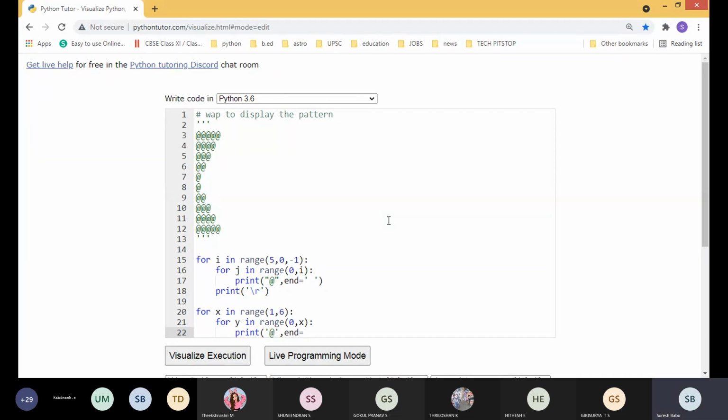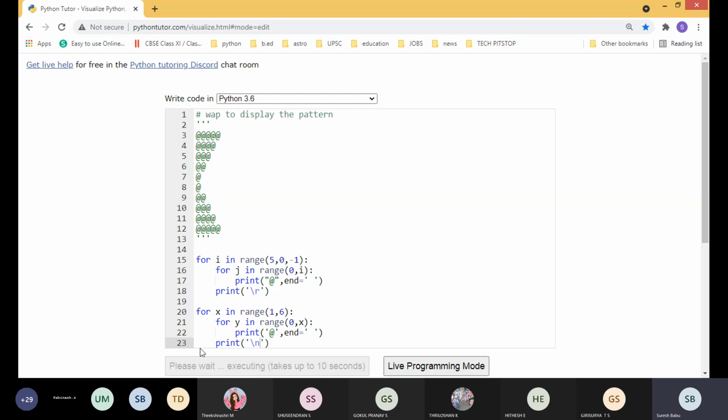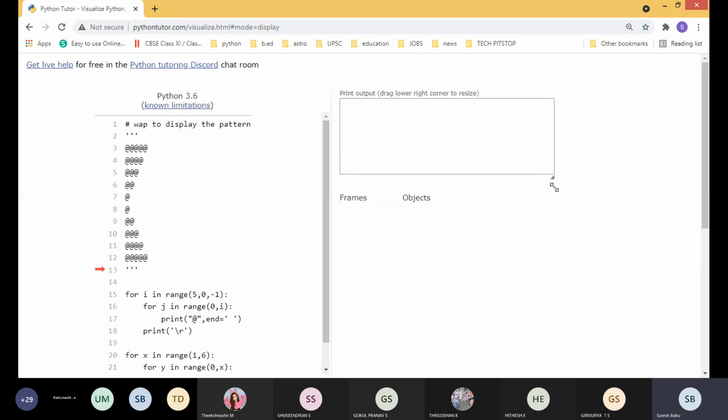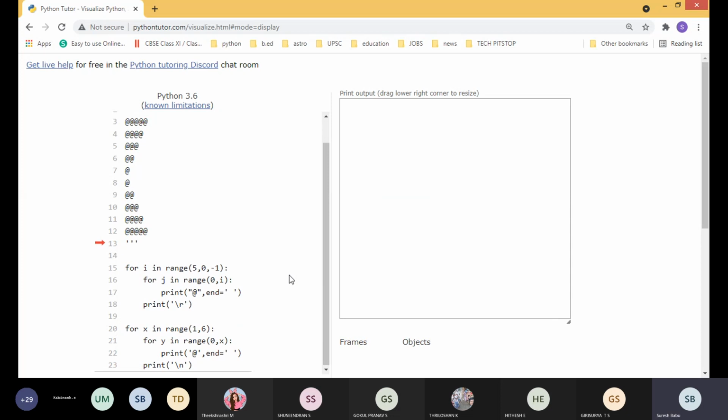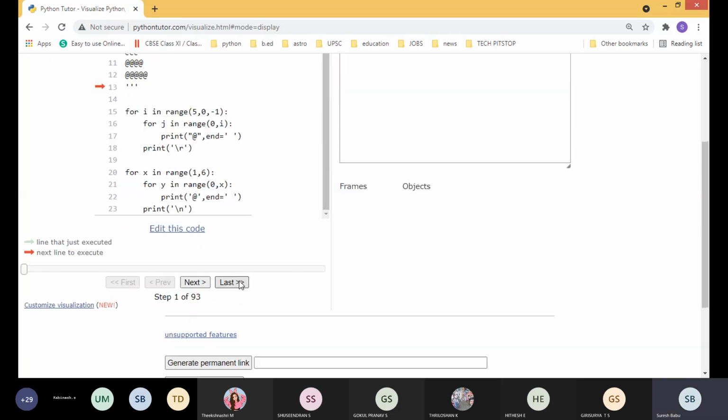Now you can feel the difference between slash n and slash r. Slash n means a new empty line will be given between two outputs, but slash r will print in the next line itself. For understanding, I give slash n here. Let's see the execution. Straight away the last one.